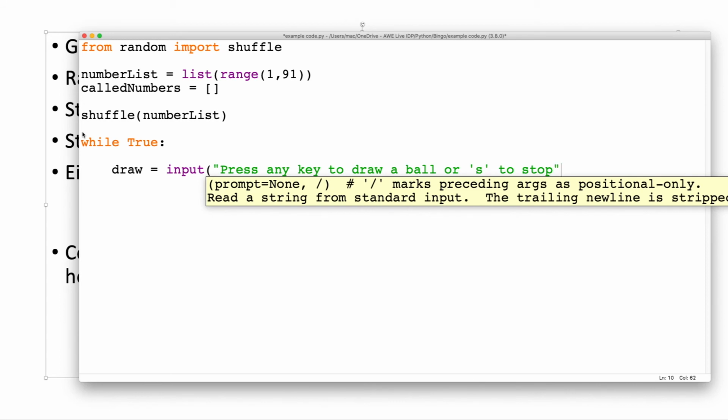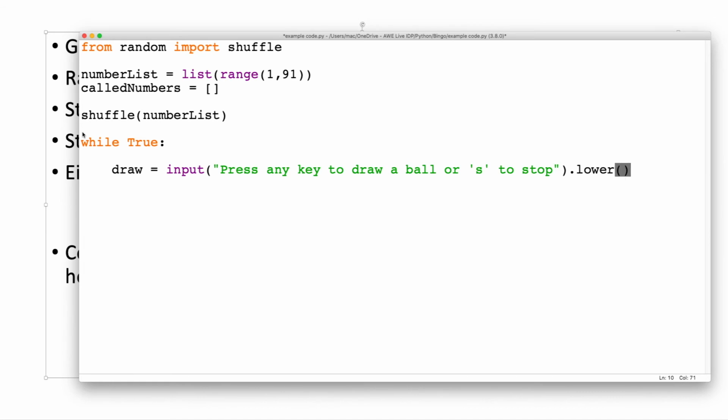Okay, so what I'm showing you now is how to actually get this loop to loop or get it to stop. Now what we need to do is a very, very simple if statement. So we'll say if draw is not equal, right? And that's how I do not equal. I'm going to say if draw is not equal to S,